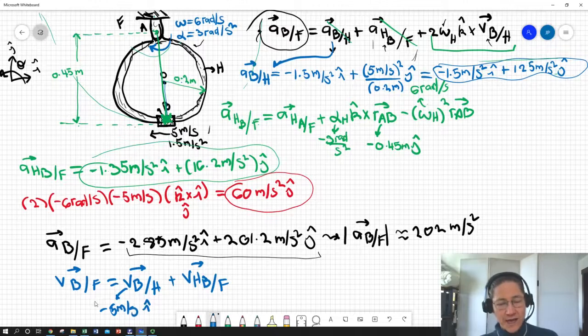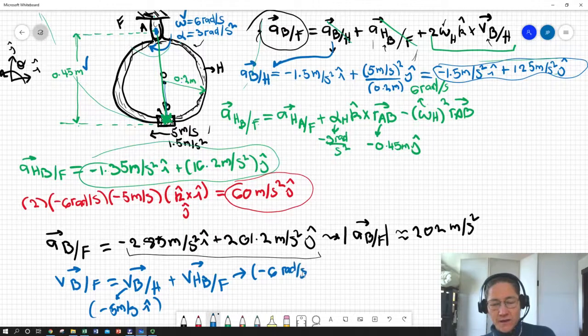We've already used that up here in our other derivations, and when we look at the velocity of the hoop at point B with respect to point A, we can just use this and this radius effectively and say we've got negative 6 radians per second K hat